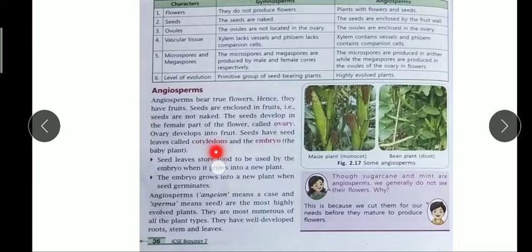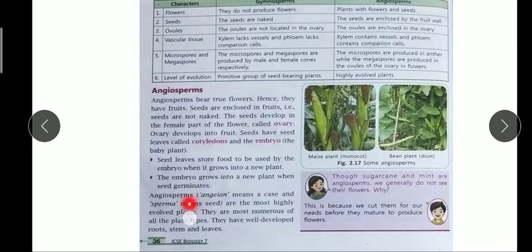Cotyledons contain stored food for the baby plant. After fertilization, the cotyledons give rise to tiny leaflets or plantlets, which contain the embryo, the baby plant. The seed leaves store food which is used by the embryo after germination, when the first leaf comes out. During that time the embryo gets food from the cotyledons only. Then the embryo grows into a new plant, and the germinated seed turns into a fully grown plant.